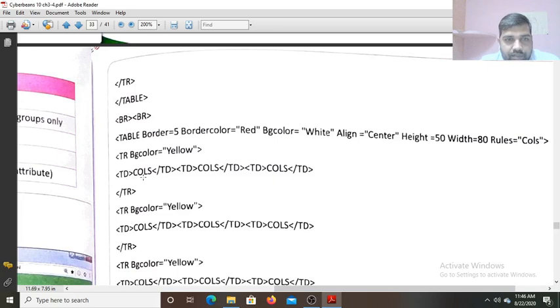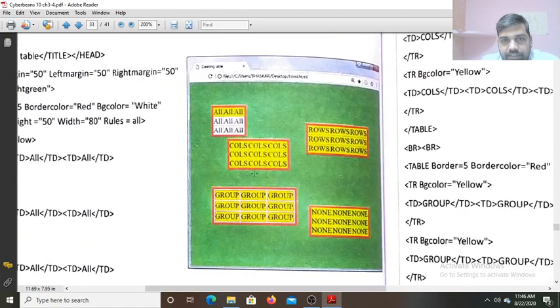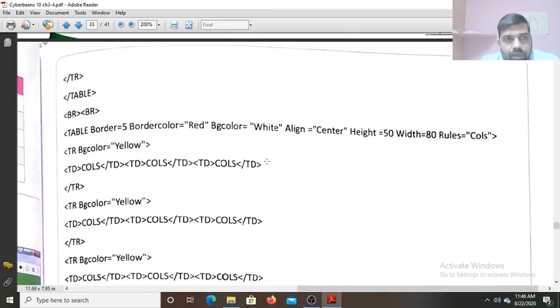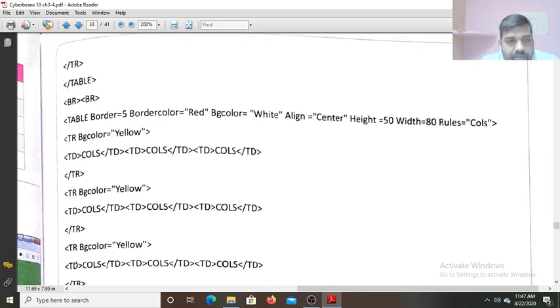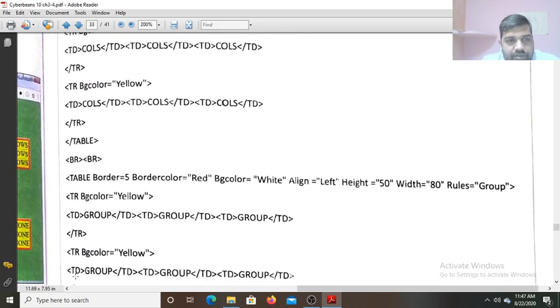Now first row background color yellow. Now the values are filled in the first row columns. You can see as in the output here also. Here, third table, see the values in the first row are columns, and in between the columns you can see the line, border, cell border. Okay. Now second row created, background color yellow set, same value, 3 columns, value column is filled. Now third row background color yellow is set here and the value is filled in the columns. Now table tag closed. Now third table is also created.